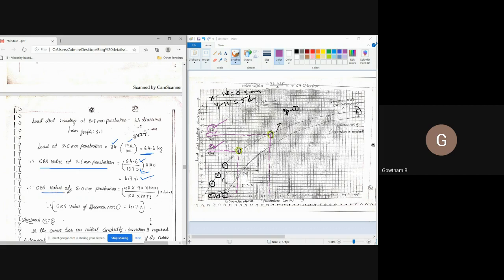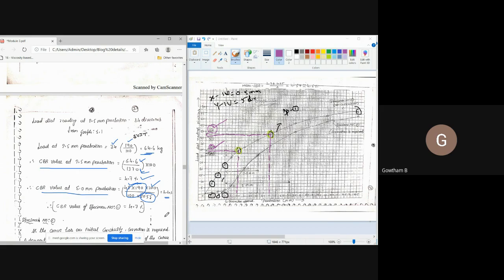Similarly, calculate the CBR value at 5 mm penetration. The number of divisions recorded at 5 mm penetration for specimen number 1 is 48. So 48 multiplied by 1.9, divided by the standard load, which is 2055 in the denominator. Substitute it, multiply by 100, and you are going to get the CBR value